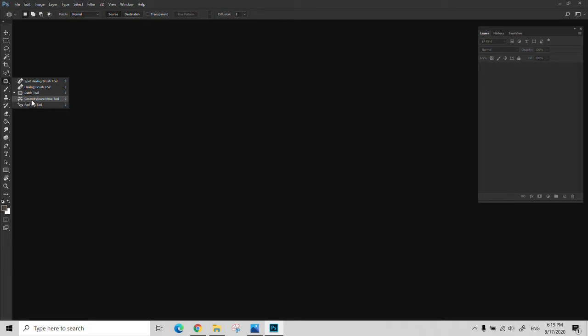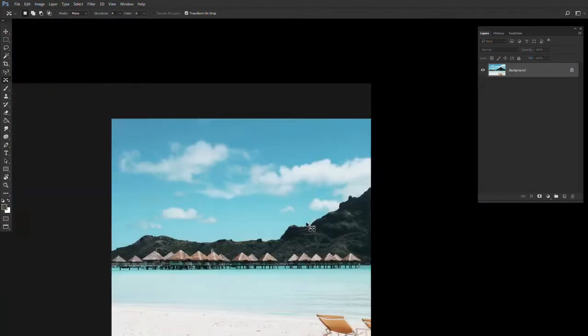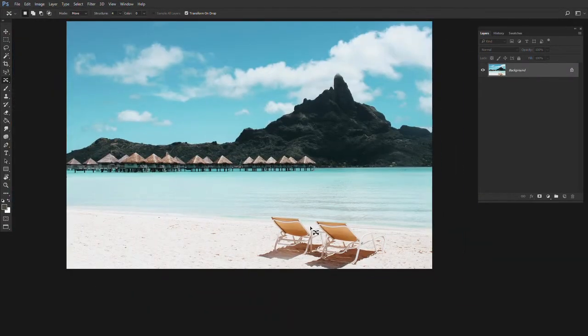We have another one, the content-aware move tool. What's that one? For example, you have a JPEG image and you want to move this chair from here to this place. You can easily use this tool. You select the chair and the shadow, of course,